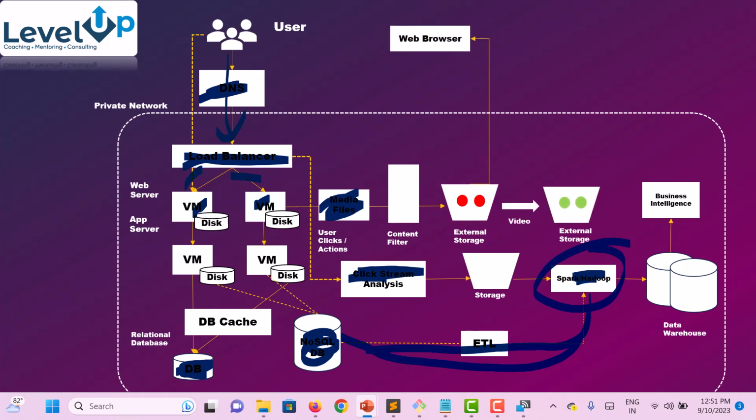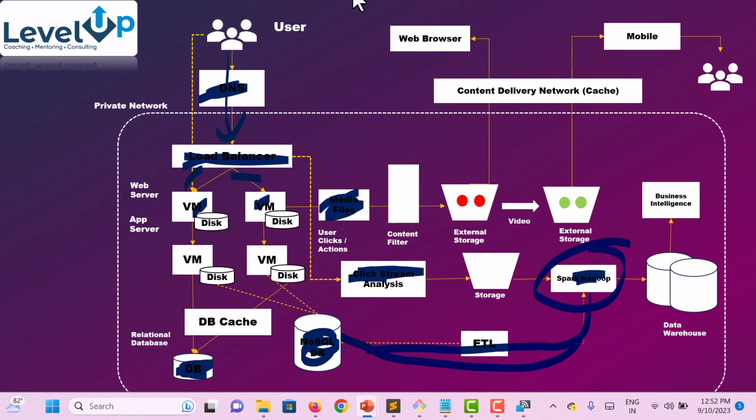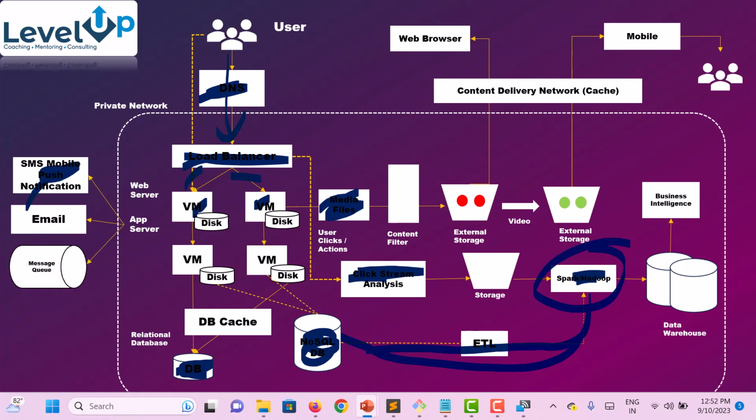And then I can put the data in external storage. And let's say some users want to access this from web browser, some users want to access this from mobile. I need to do some conversion of the format. Okay, and if users are there globally, I have to create some CDN network. And let's say if app server or web server going down, I want some notification. Okay, I want an email notification, and I want to configure a messaging queue